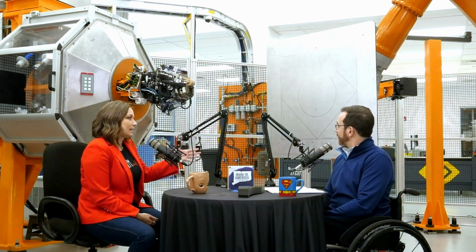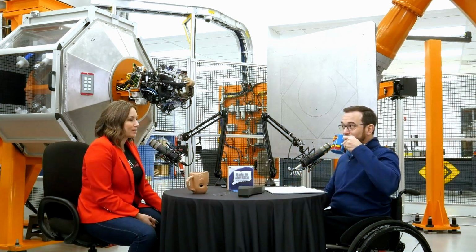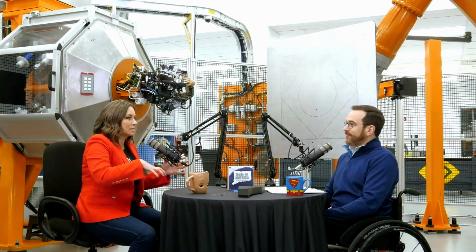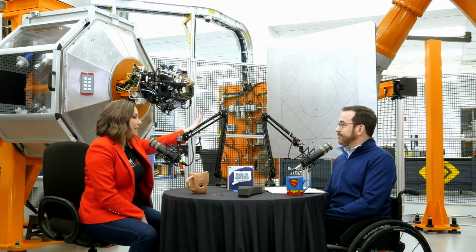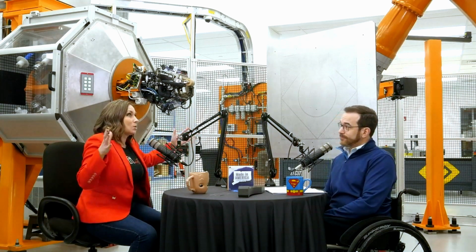So maybe describe kind of what it is, how it works, and why it's so important to the supply chain. Yeah. So behind Ari is an Ingersoll, a KUKA robot that's multi-axis. And this thing is probably approaching 2 stories tall. It's multi-axis, so it moves not only the tool, which you see here, which is where that square piece, and I'll get to that in a moment, but it also moves along so that way this whole cell